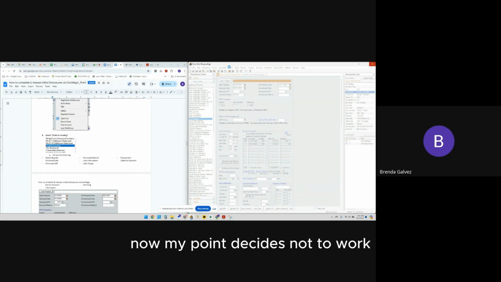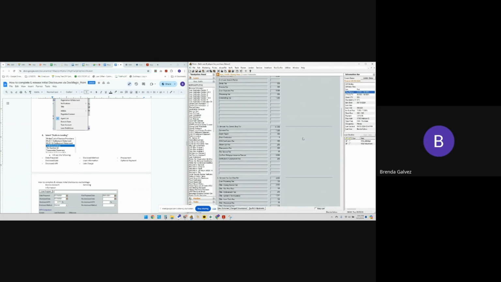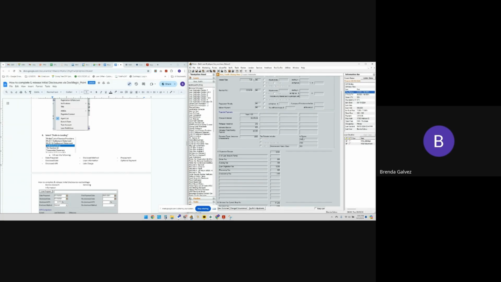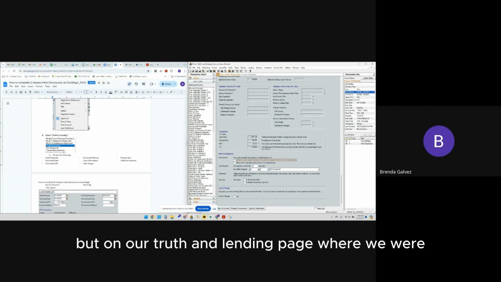Now my pointer decides not to work. Okay, on the loan estimate, if you scroll down, it's going to be right here, this APR, 8.313. But on our truth in lending page where we were,